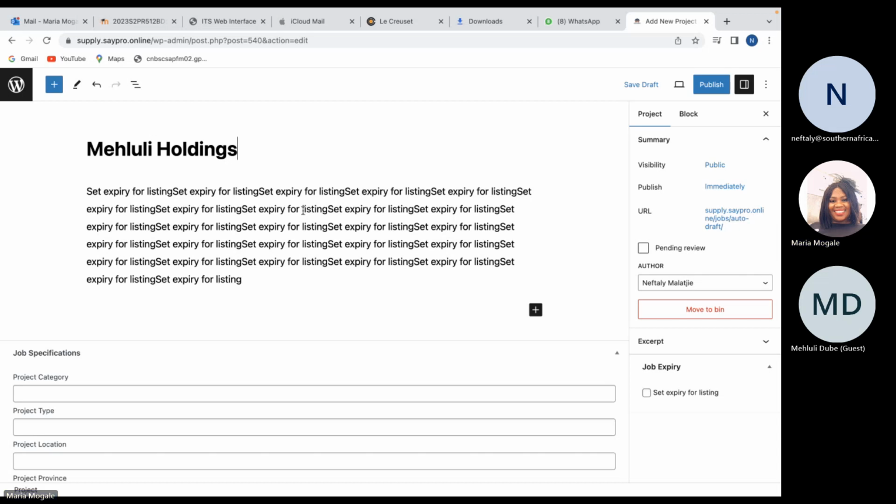No problem. Just a general comment from my end, guys. Neftali, yourself and Clifford, try as much as you can to stick to the content and the sequence of events as explained on the spreadsheet, and don't deviate from that, unless there is anything that needs clarity from Mehluli or Maria, or something that doesn't make technical or logical sense. Then you can question them, to say, but this is not possible to have this before that.